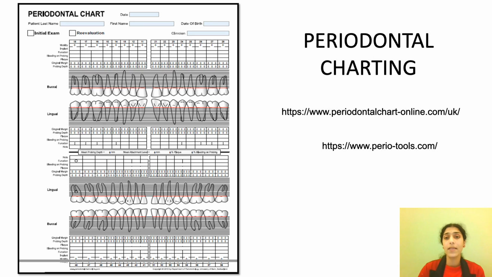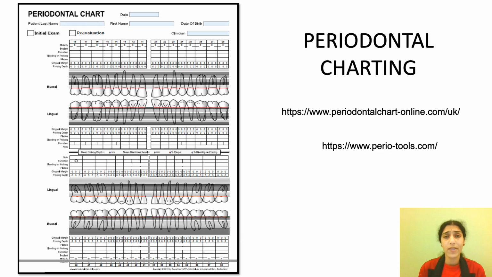Now, having seen the various periodontal parameters, so far whatever we have seen are pocket depth, probing technique, gingival recession, the Miller classification, tooth mobility, furcation involvement, and attachment loss. All these are the parameters which have to be entered and recorded in the periodontal charting, especially when the patients have a BPE score of 3 or 4. I told you, you need to do either sextant-wise or full mouth periodontal charting.